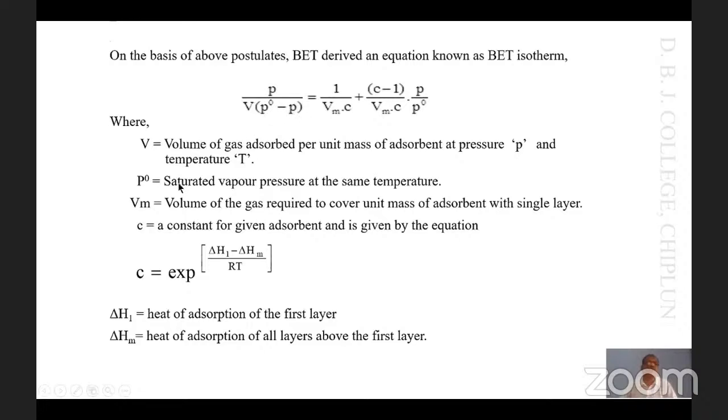P0 denotes the saturated vapor pressure at the same temperature. Vm is nothing but the volume of the gas required to cover unit mass of adsorbent with a single layer,